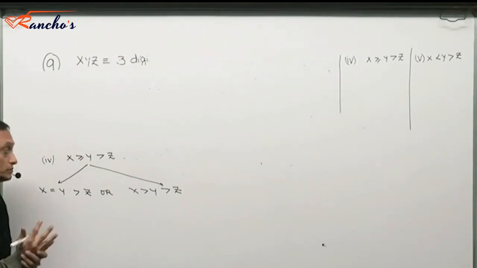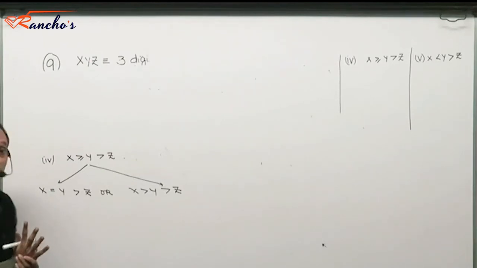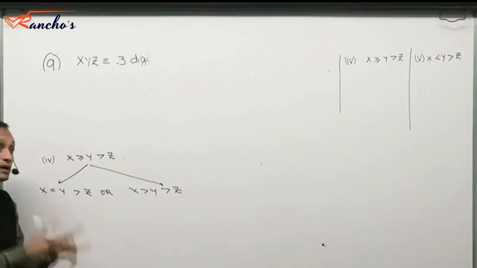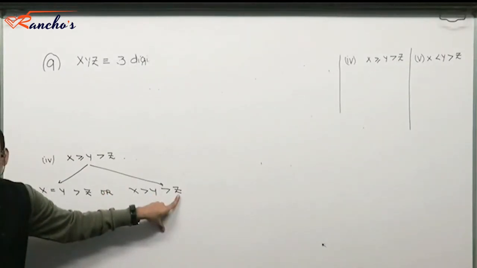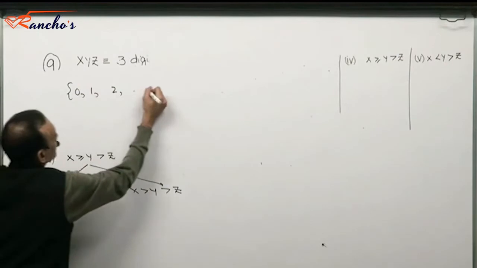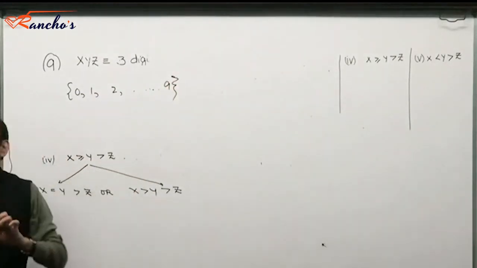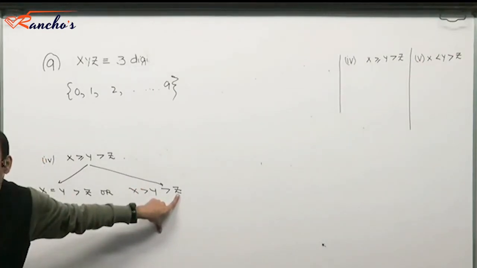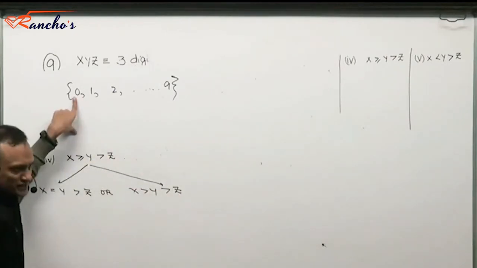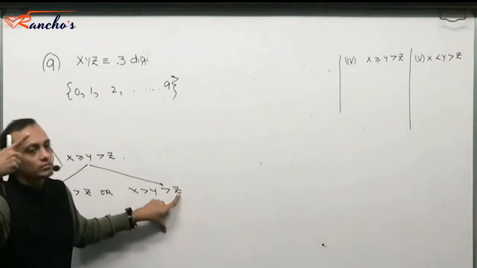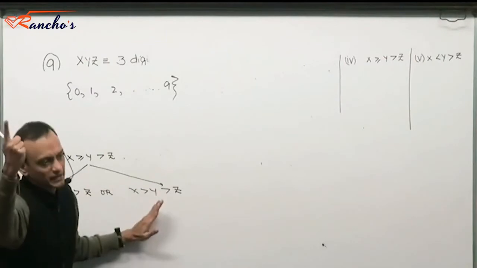Now realize that in this case 0 I can include, because z can be 0. There are 3 digits that I am selecting from 0 to 9. If one of the digits turns out to be 0, then that can be z. So not a problem. If I have selected one of the digits as 0 and arrange them in this order x, y, z, then z must be 0. The other 2 would obviously be greater than 0.